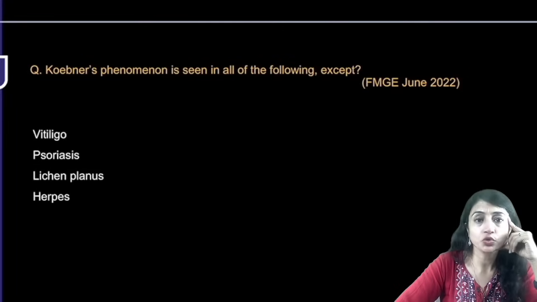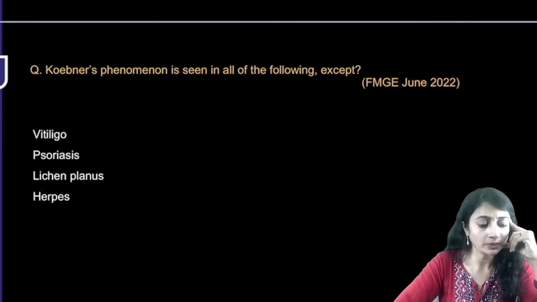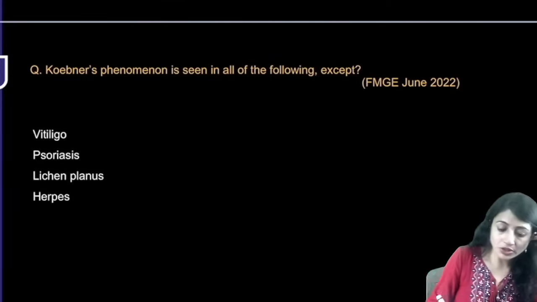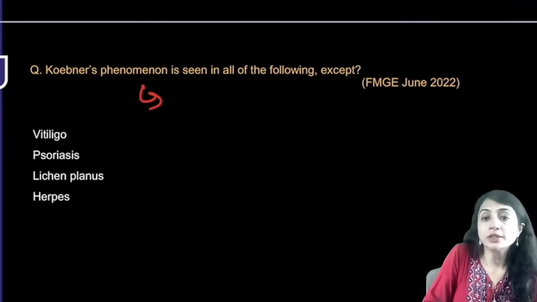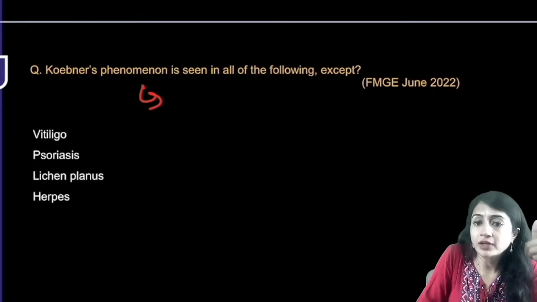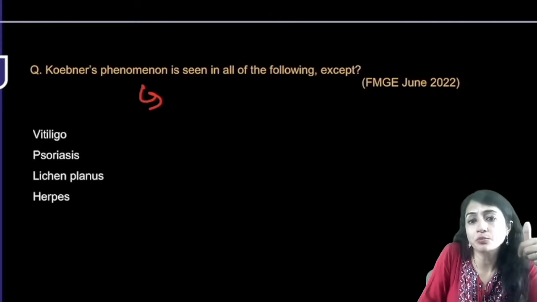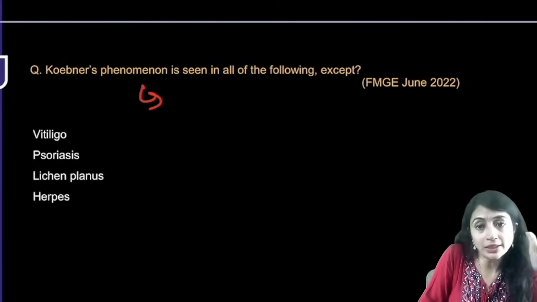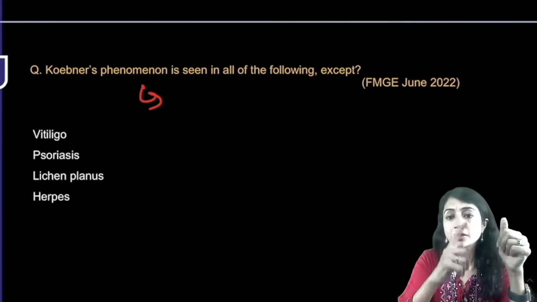In which condition do you not see Koebner's phenomena? So what is Koebner's phenomena? Koebner's phenomena is development of lesions of similar morphology along the lines of trauma. So whenever there is a trauma,